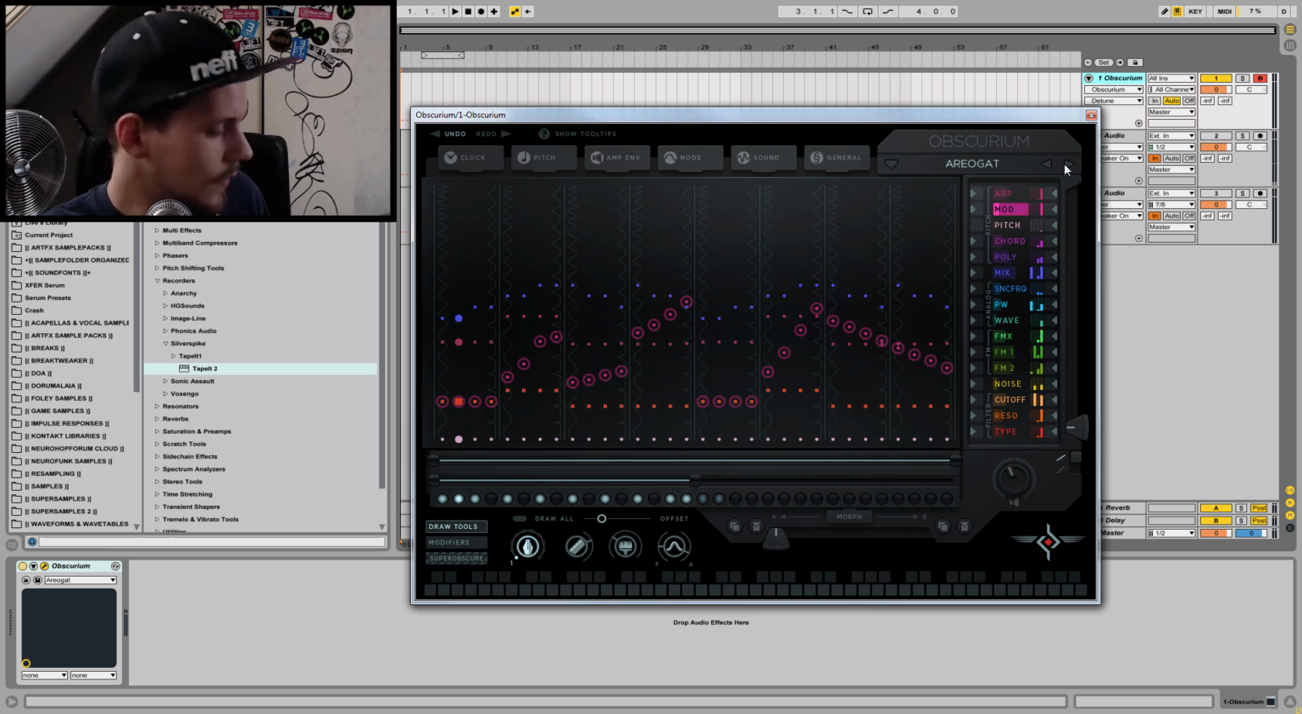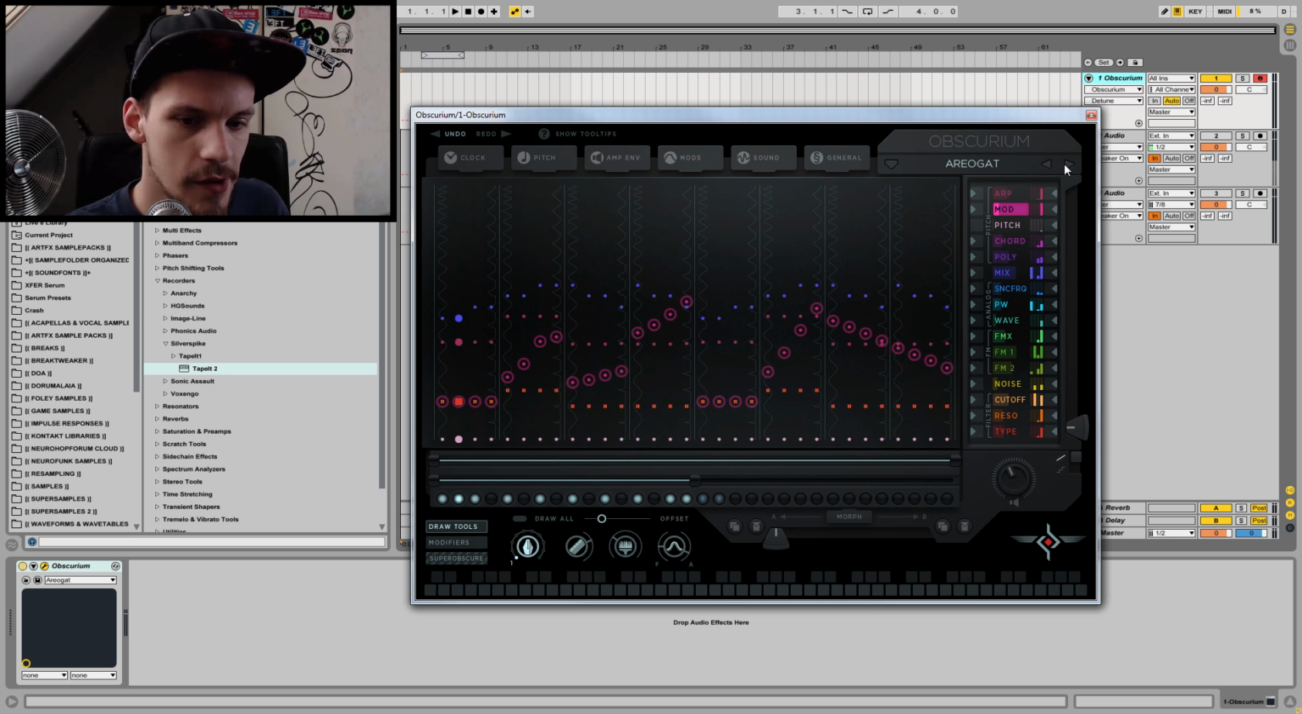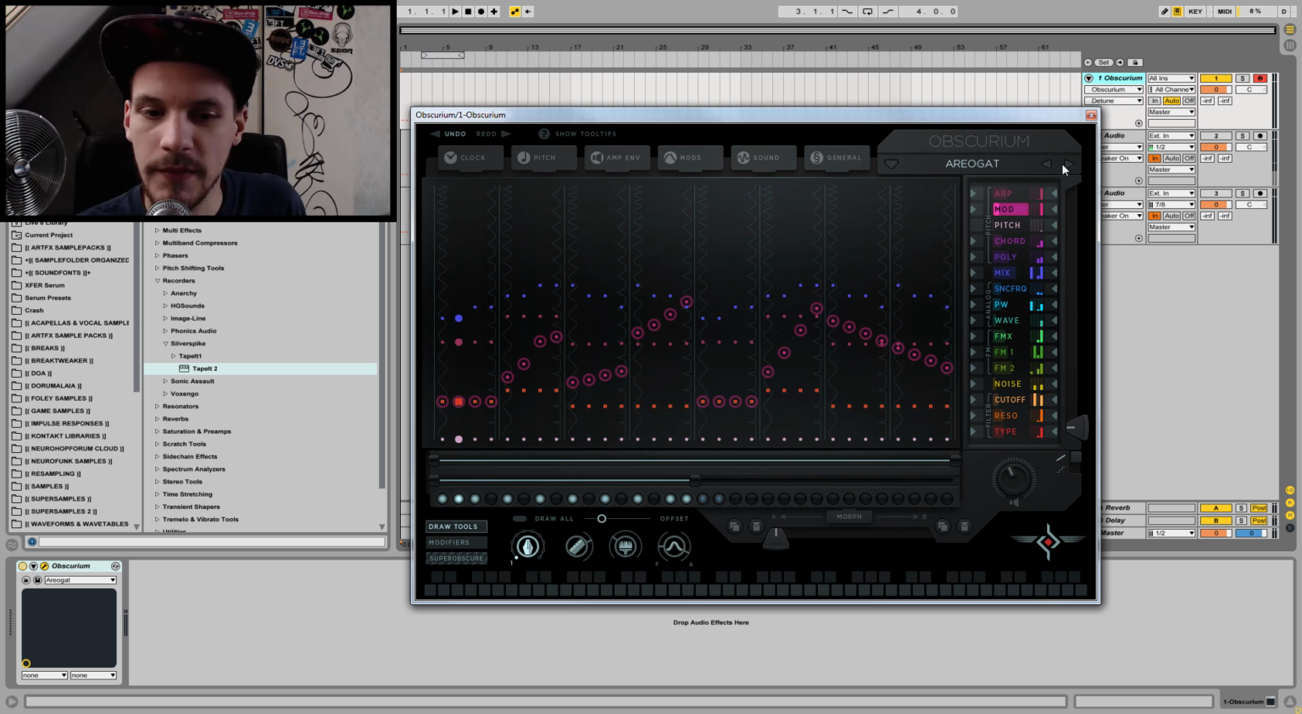But the thing with Obscurium is that you play one note and it's gonna turn that single note into either chords or a pattern. It can be a rhythmic pattern, it can be a sustained sound, it can be basically anything, but it doesn't really look the way a normal synth looks, and it doesn't really work in the same way either. So